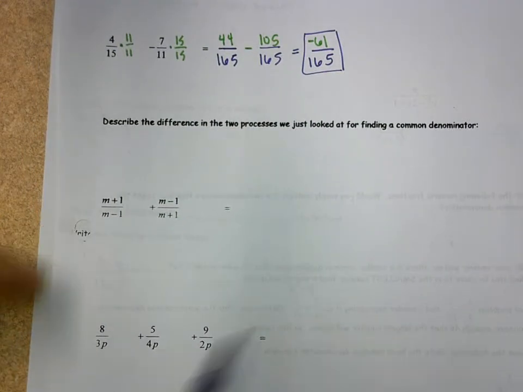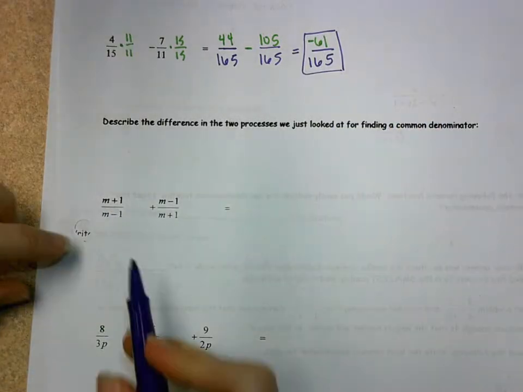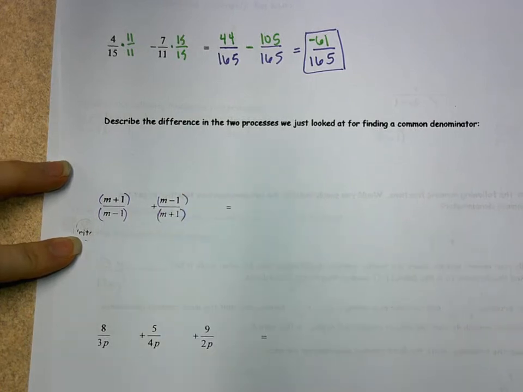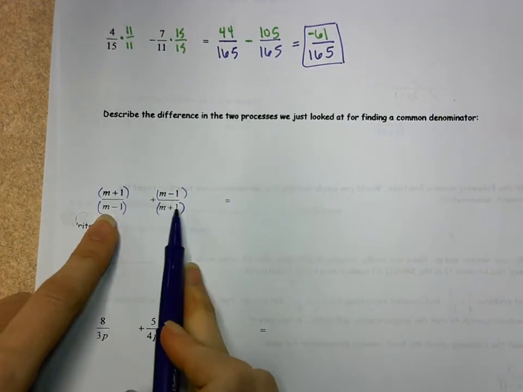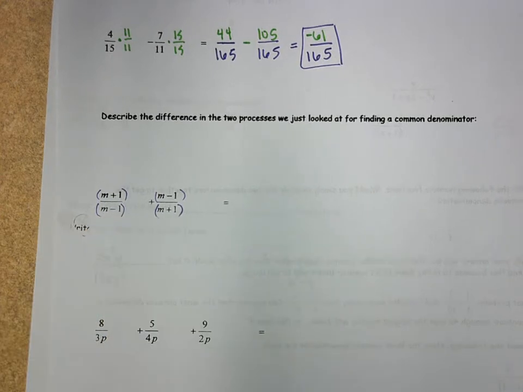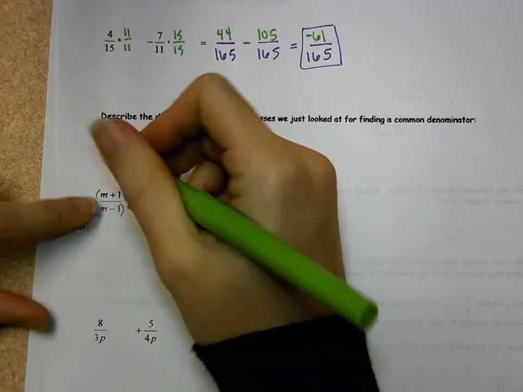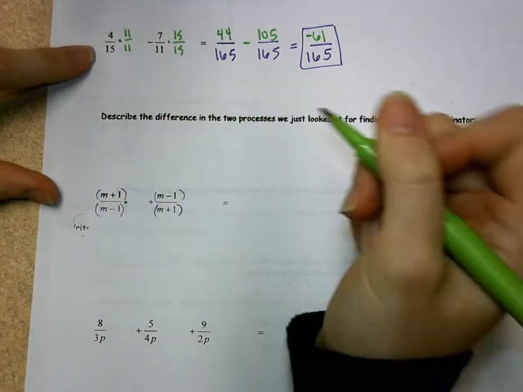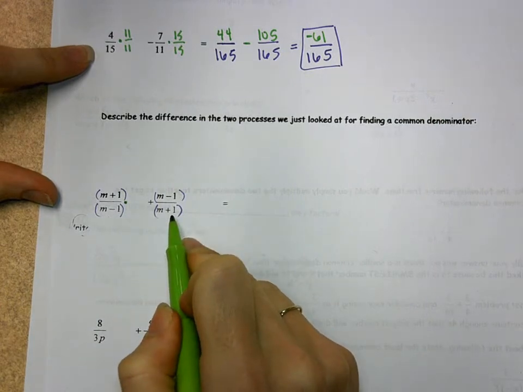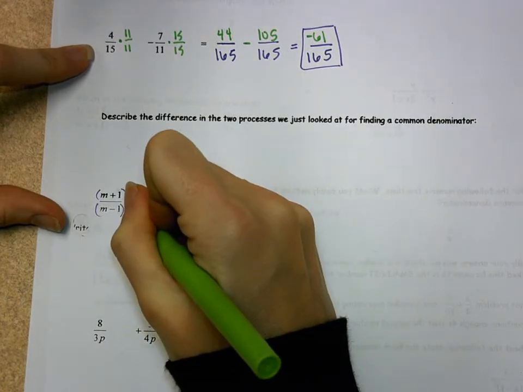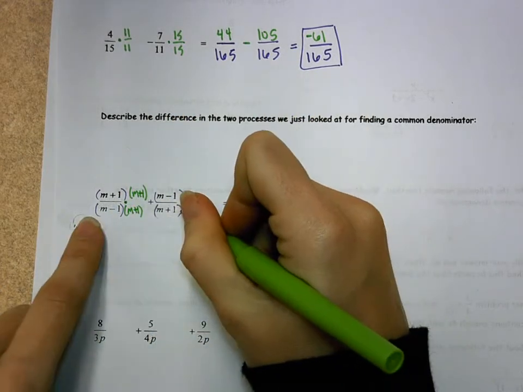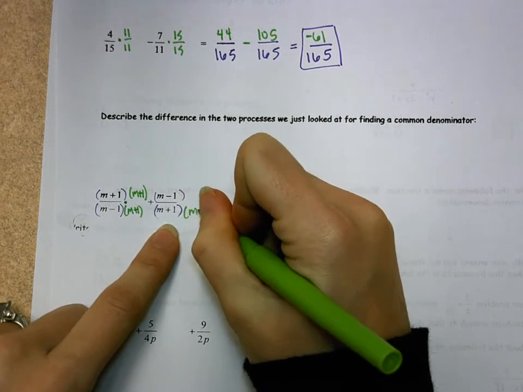So looking at the next example, let's take that and let's extend it. Looking at this, we know that these are factors. So if I'm looking at the factor m minus 1 and m plus 1, if I want to add these two fractions, I need a common denominator. So I would multiply this one in the same way I did that last example. I'm going to multiply this one by the second denominator, which would be m plus 1. So I multiply by m plus 1, and I multiply the second one by the first denominator, m minus 1,